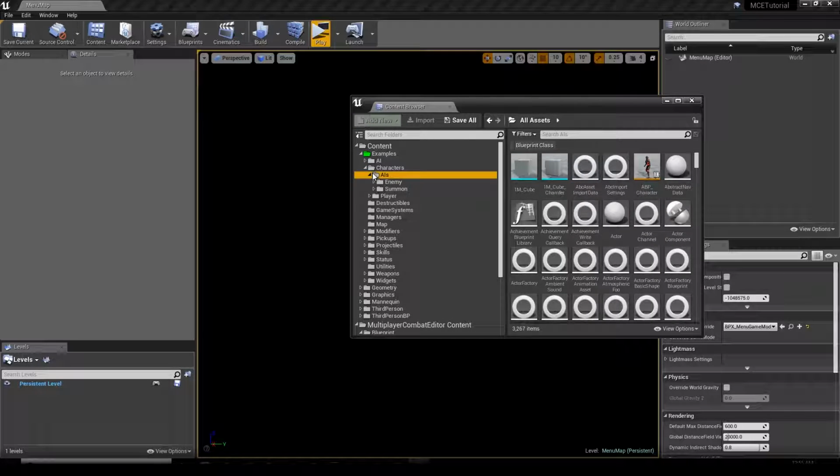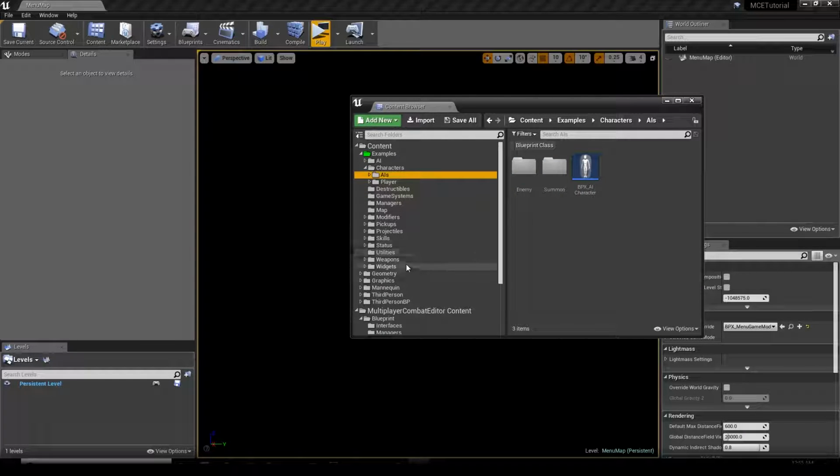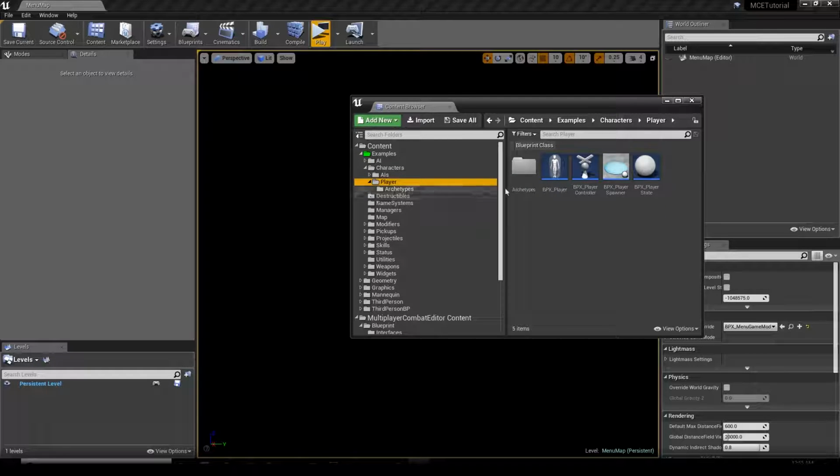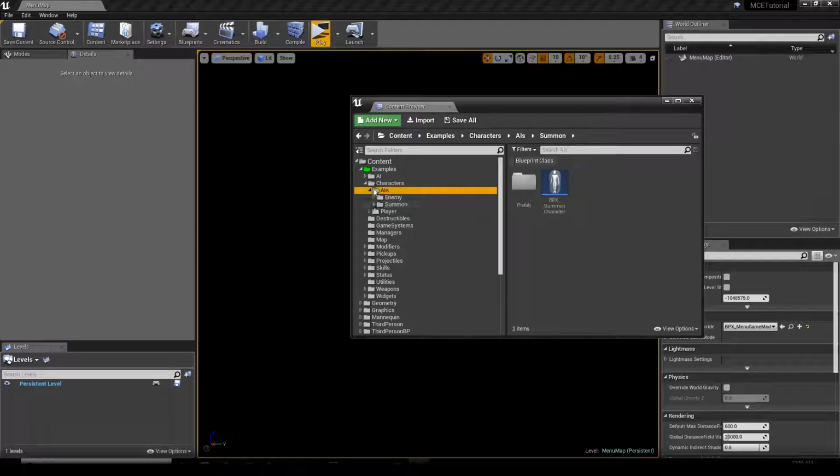I'm only talking about what the example content does, but there is quite a lot of things you can copy and paste and use and customize afterwards, and there are going to be videos about this. So how you can expand from my type of characters, I'm going to showcase it in some videos in the future. And the AI folder is pretty important because,